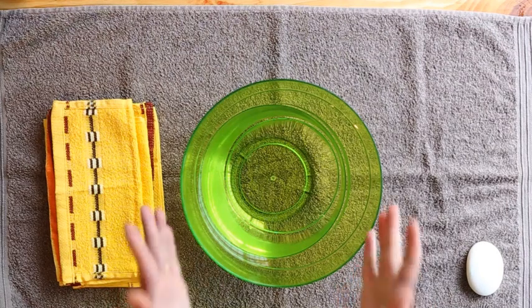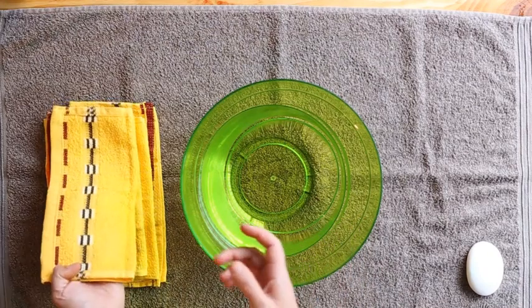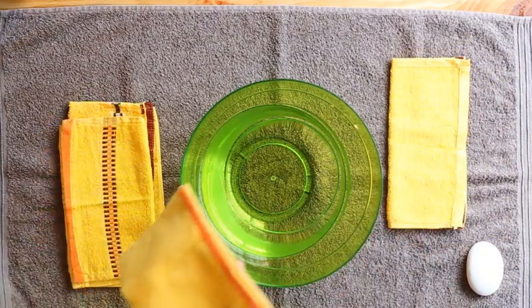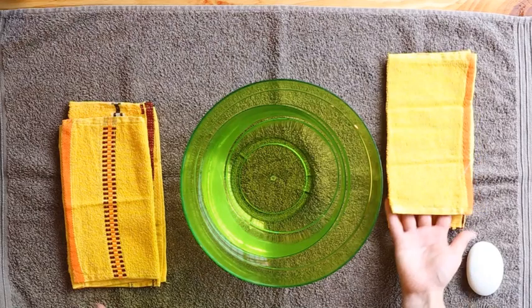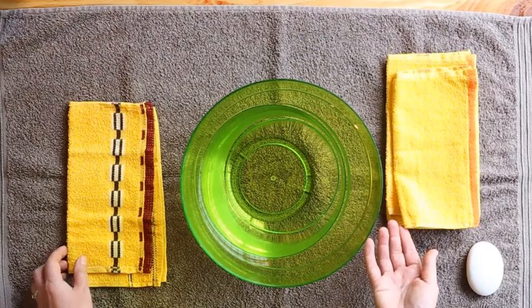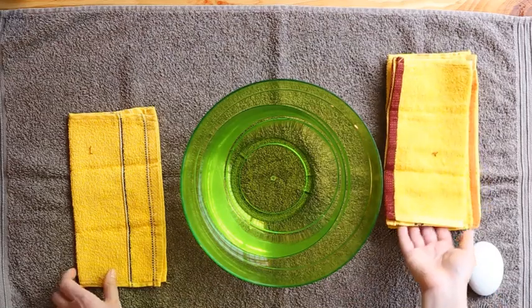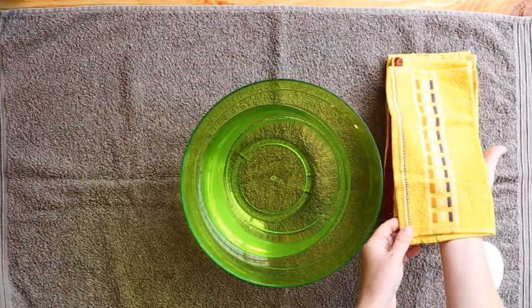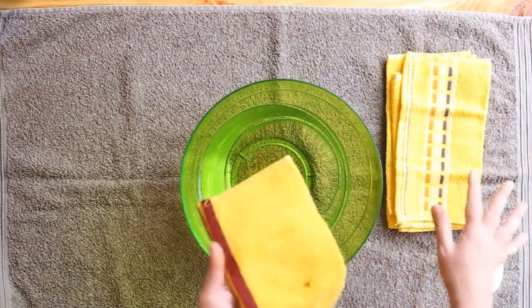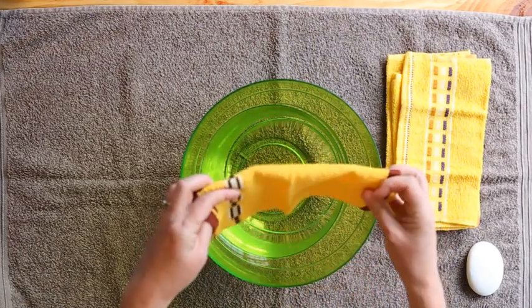Now count backwards from 5 to 1. Here we go. 5, 4, a little bit louder, 3. That's good, my class. 2, this was the dirty one, and 1. So now I'm going to take out of the pile the dirty dishcloth, and I want you to put it in the water